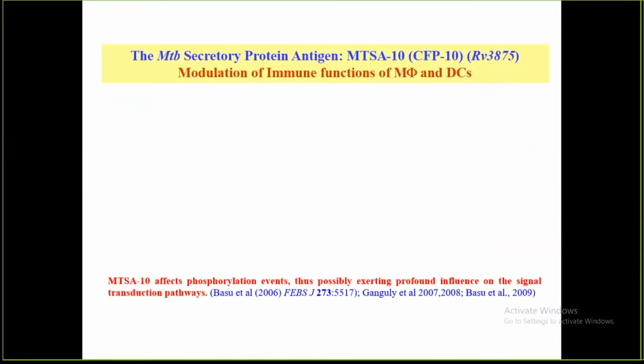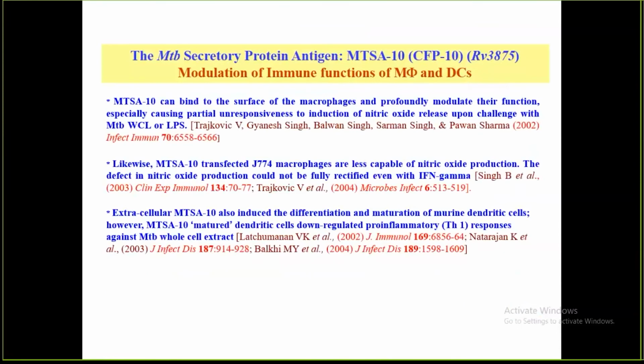As I said, even with simply recombinant proteins and the cell lines, we were able to show something, that these proteins, which people were actually at that time talking about as potential vaccine candidates, can also work in a very different way. They can actually downregulate the inflammatory responses in macrophages and dendritic cells. So I think this is where we got our foot in the gate, so that we could get into the TB fraternity, although we had no background, nothing at that time.